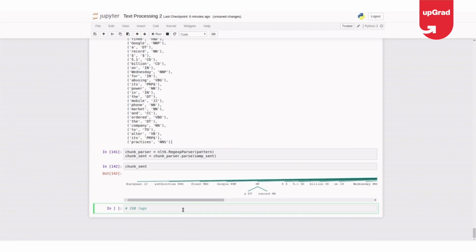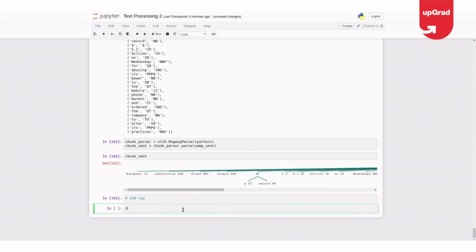By default, NLTK uses the CoNLL 2000 corpus for identifying the tags.